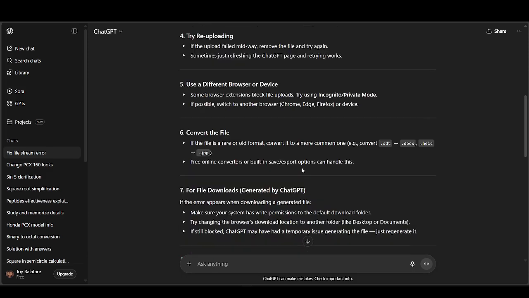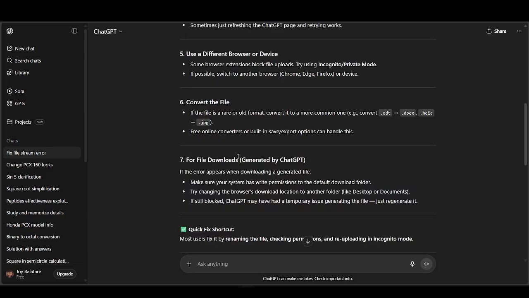And for file downloads as well, which is generated by ChatGPT, if the error appears when downloading a generated file, make sure your system has the right permissions to the default download folder. Try changing the browser's download location to another folder as well. And if still blocked, ChatGPT may have had a temporary issue with generating the file, so just regenerate it by